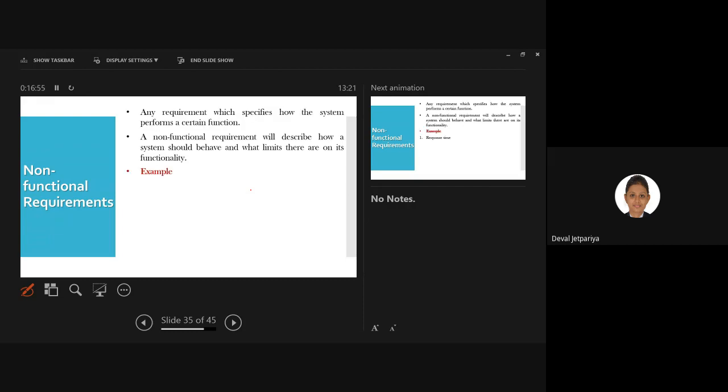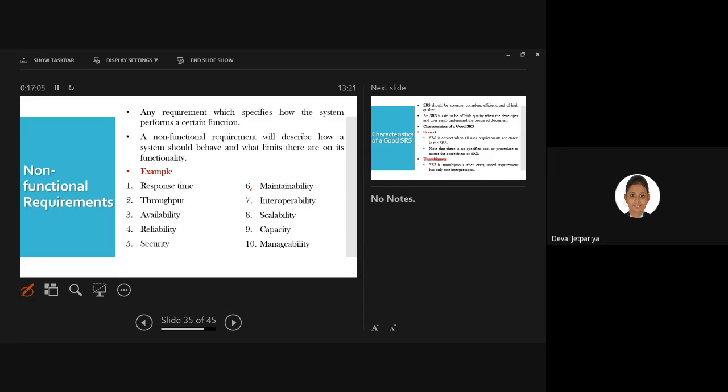For example, response time, throughput, that is the efficiency, availability, how reliable your system is, security constraints, maintenance constraints, etc. These are all quite required aspects of our application, but they are not functional, they are non-functional.